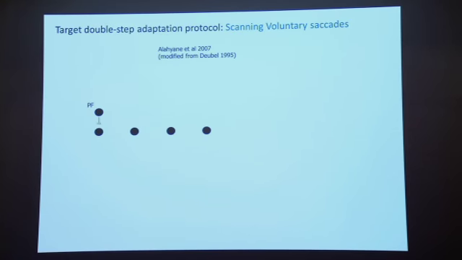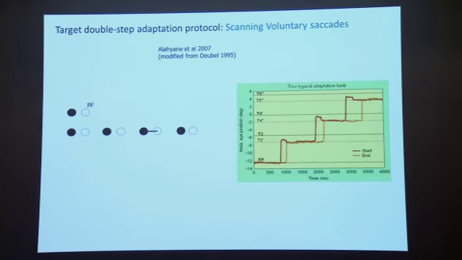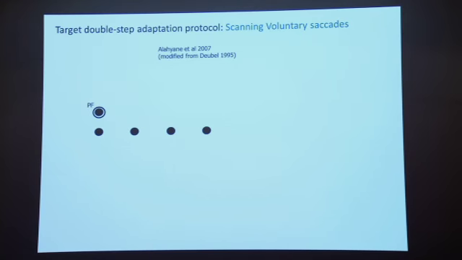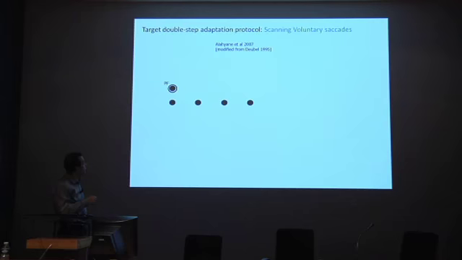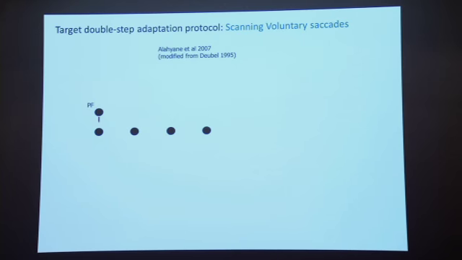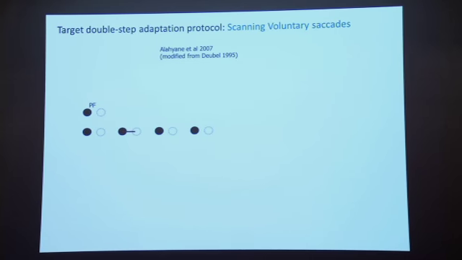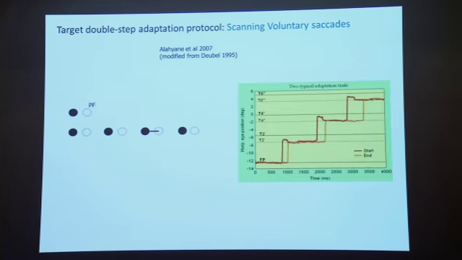And we designed some variations of these initial protocols in order to study the adaptation of scanning voluntary saccades. These are saccades that we normally produce very often in our daily life to explore our visual environment. In the lab, this environment is very poor, but the principle is the same. We also ask subjects to make saccades at their own pace between visible targets without any sudden jump of the target. But during the saccade, all the display is jumping backward, for example.